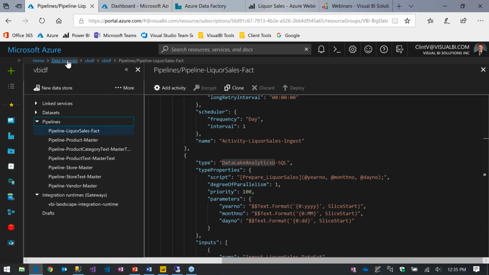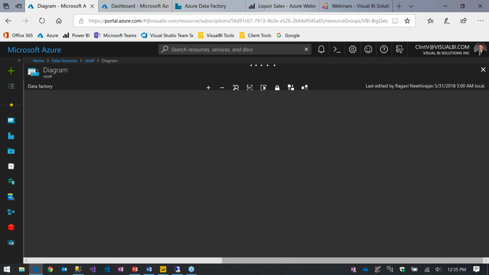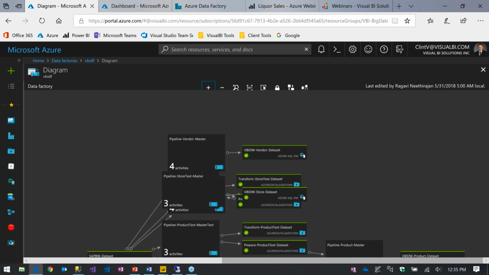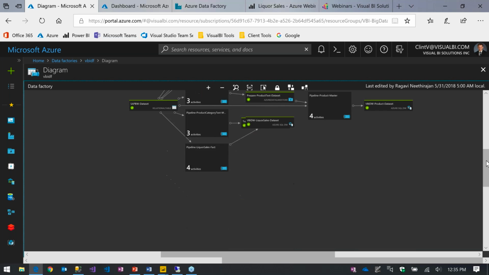Okay, you've always got breadcrumbs to walk back through. So I'm going to come back to my first level here. I was in author and deploy. There's a couple other handy tools inside of here. There's a diagram tool. This shows our entire setup that we've defined in here, and it's just a good way to look at it.